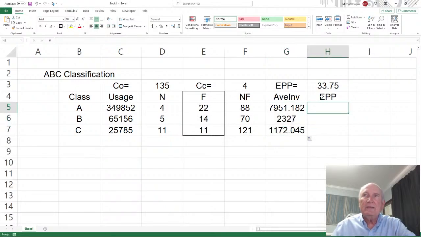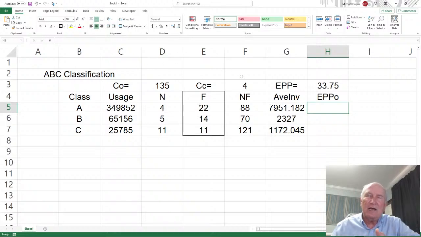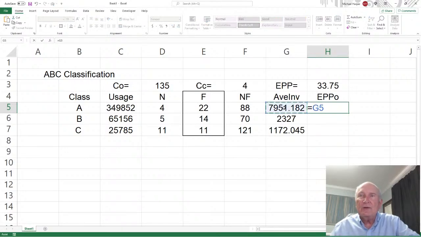Now the EPP, and I'm going to say EPP-O, which is just the observed. This is not necessarily going to be optimal, unless it matches, as we'll see in a minute. If the EPP is 33.75, then it's optimal. Let's see. That's going to equal the average inventory